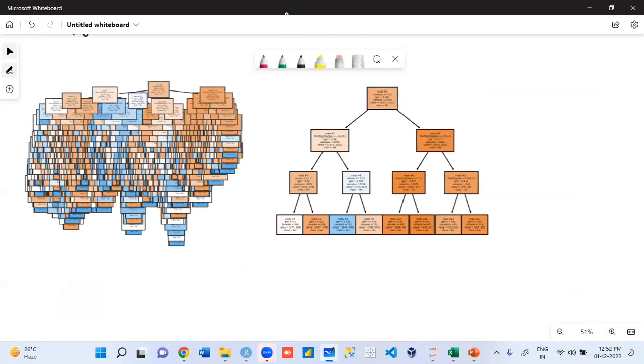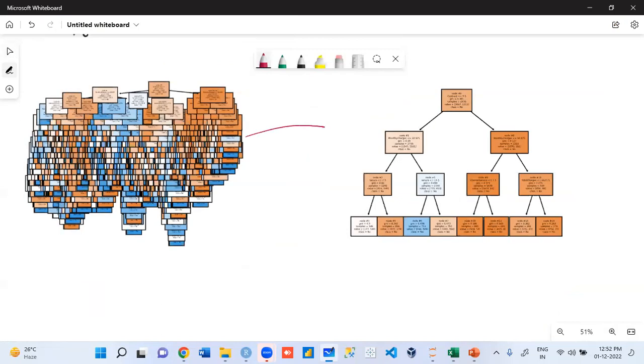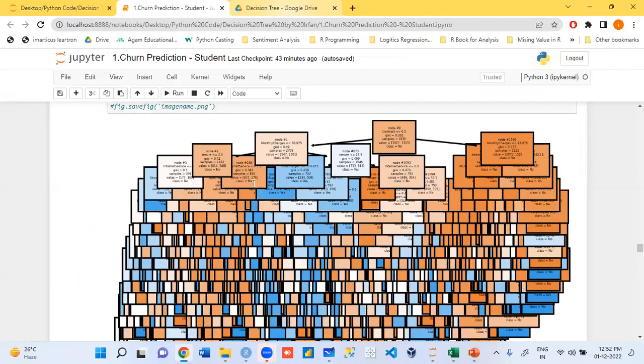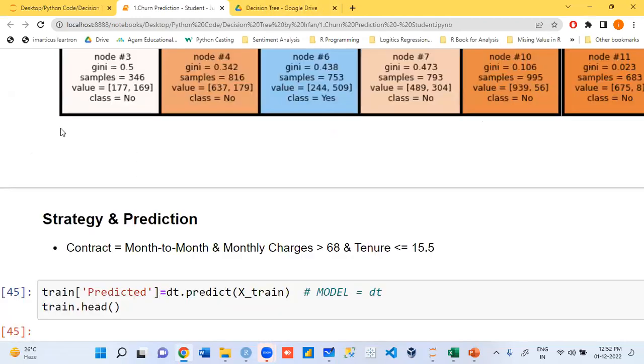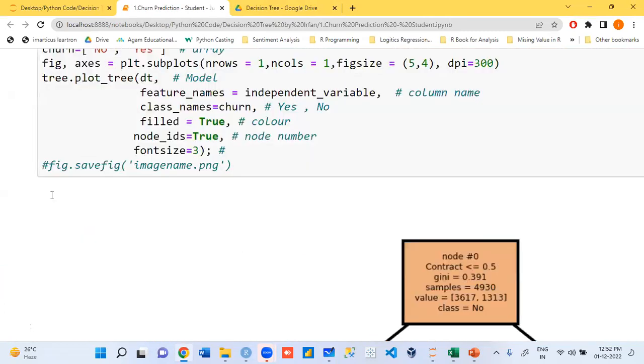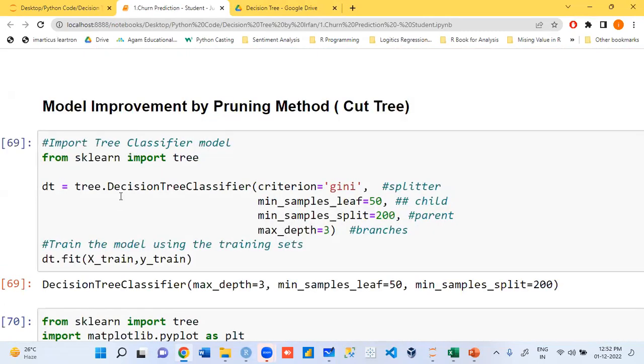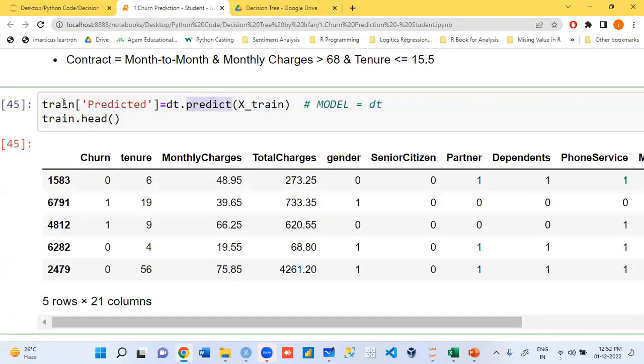Can I say this is done with respect to the pruning concept? This is the accuracy we are getting here. Now let's check this. DT is your model, because after pruning also I keep the same name. DT dot predict for X train.